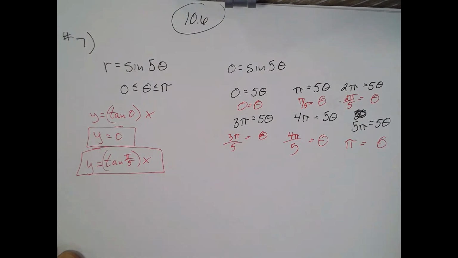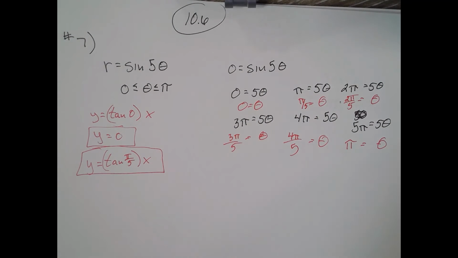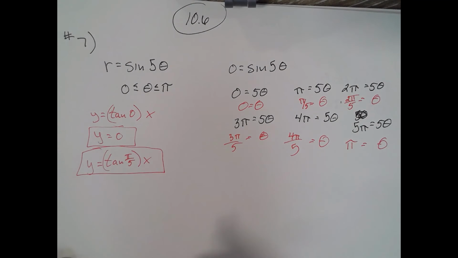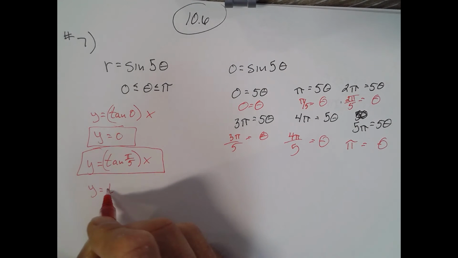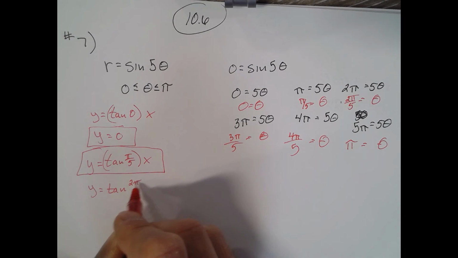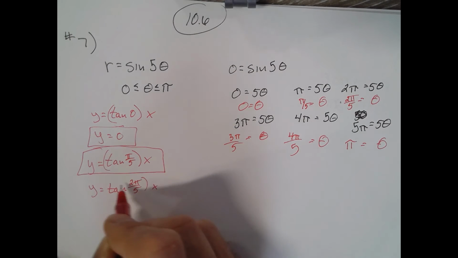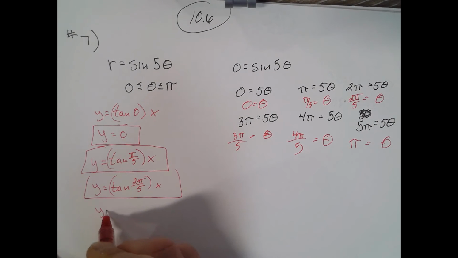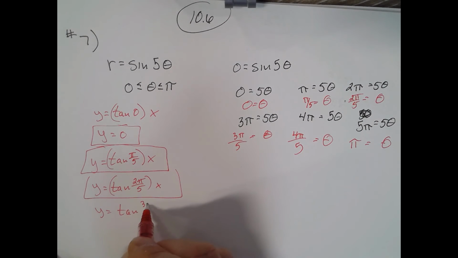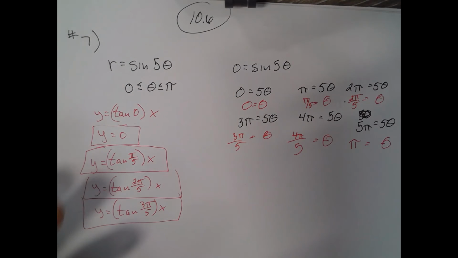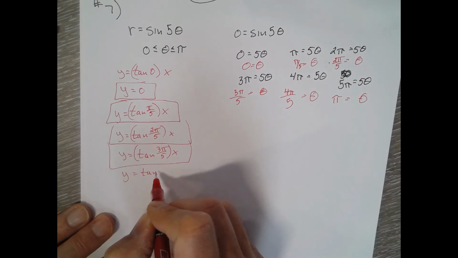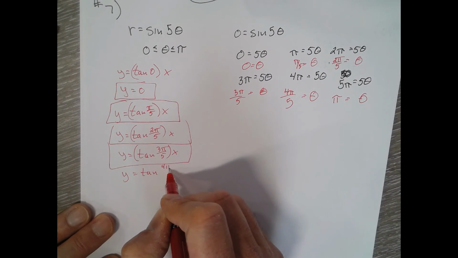Times x, so that's our slope, times x. And remember, we don't have to do plus b because it's at the pole. We know the y-intercept is 0. Next one would be y equals the tangent of 2 pi over 5 x. Y equals the tangent of 3 pi over 5 x. And we're almost done. Y equals the tangent of 4 pi over 5 x,